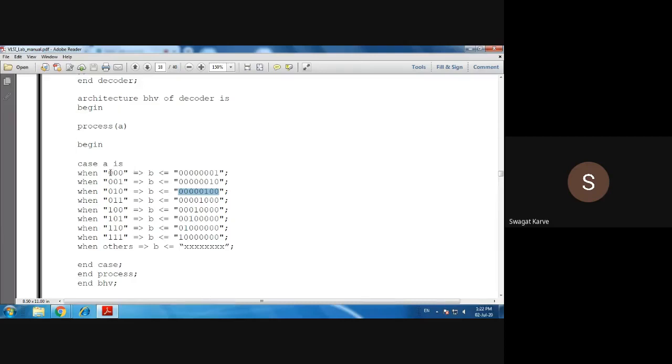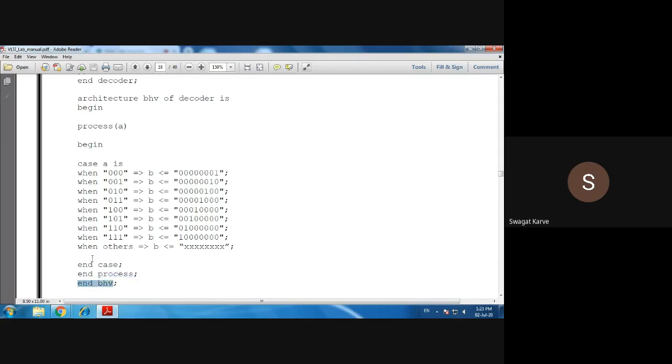So we have written the 8 combinations here: 0 0 0, 0 0 1, 0 1 0, 0 1 1, 1 0 0, 1 0 1, 1 1 0, and 1 1 1. And we are writing the respective outputs: end case, end process, and architecture.